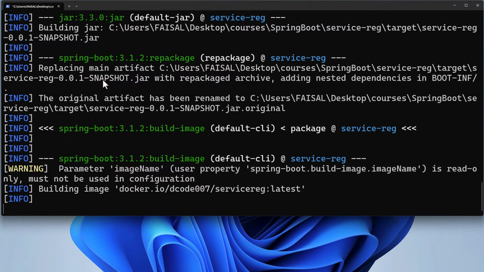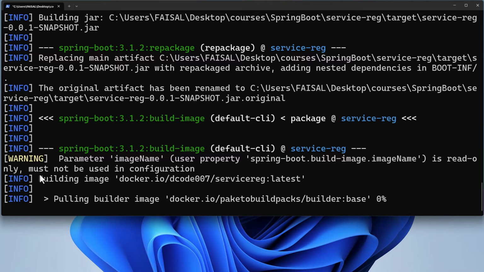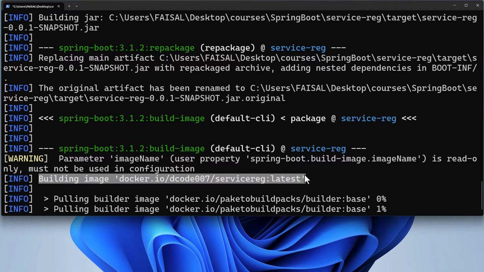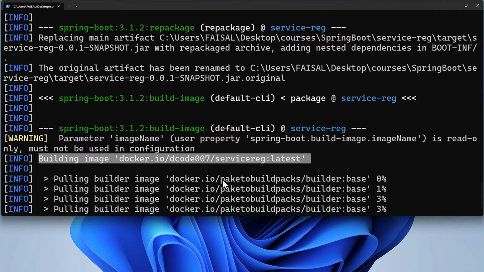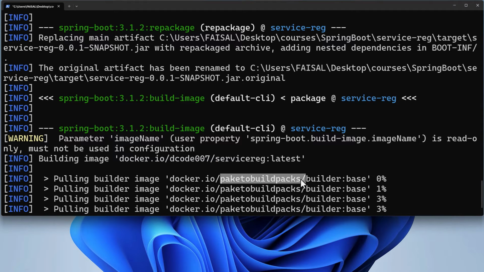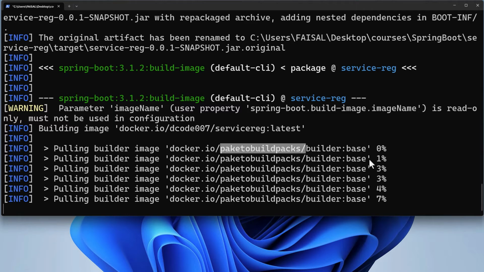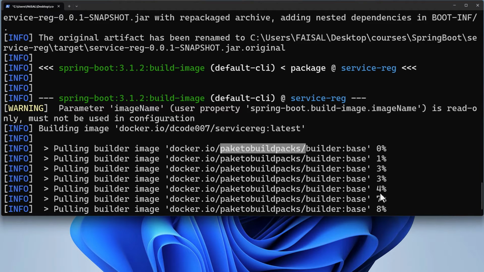There are quite a few tests that are running. Okay. And you can see this prompt over here, like it's building the image and it's also pulling in Paketo build packs. Okay. So we'll wait for a while. So it will download everything, it will pull everything, and then it will create your own image. Okay. So here it is pulling in Paketo build packs because it's using the concept of cloud native build packs